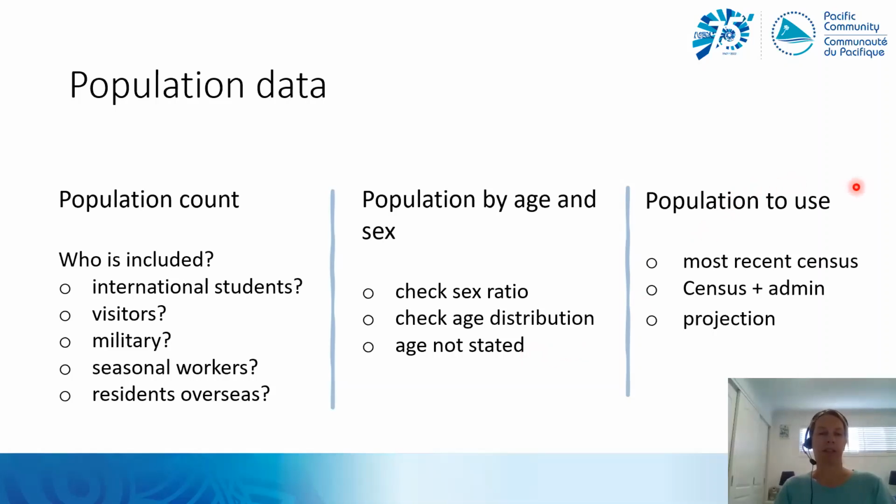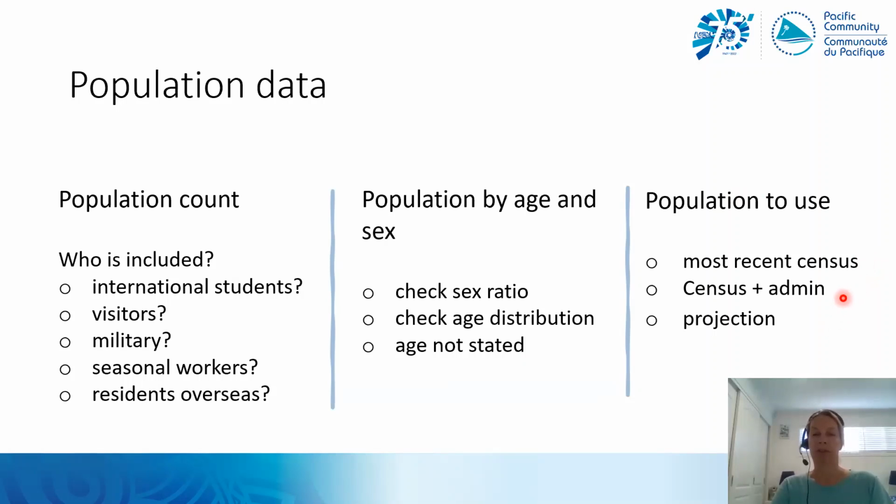Now the last thing to consider is what population do we use? The most common one would be your recent census count. But if your census was 7, 10 more years ago, and you've got a rapidly changing or growing population, then you're going to mislead by using that, what we consider an out-of-date population.